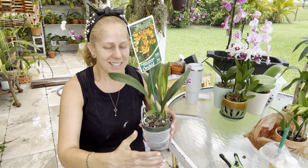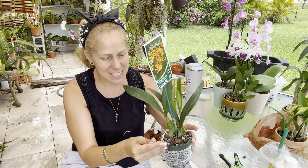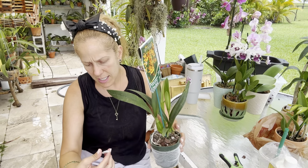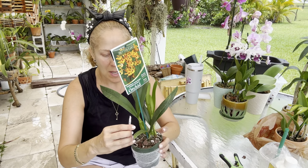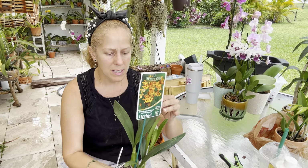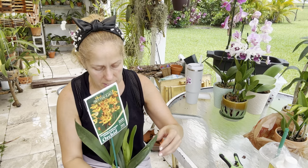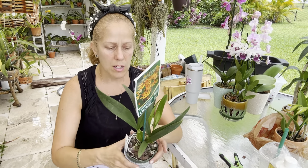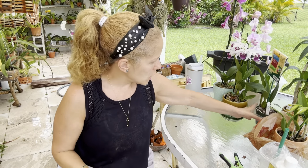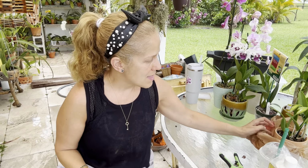So yes, this one, Epic Pixie Charm, orange. Its tag is from 2022, but I really love the size. It's pretty big. All the leaves look really nice and strong, and 2 new growths. So it jumped in the cart. And